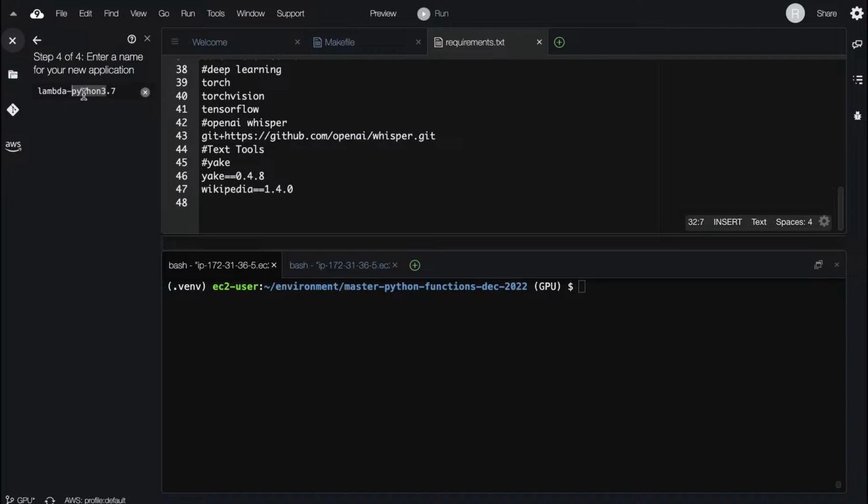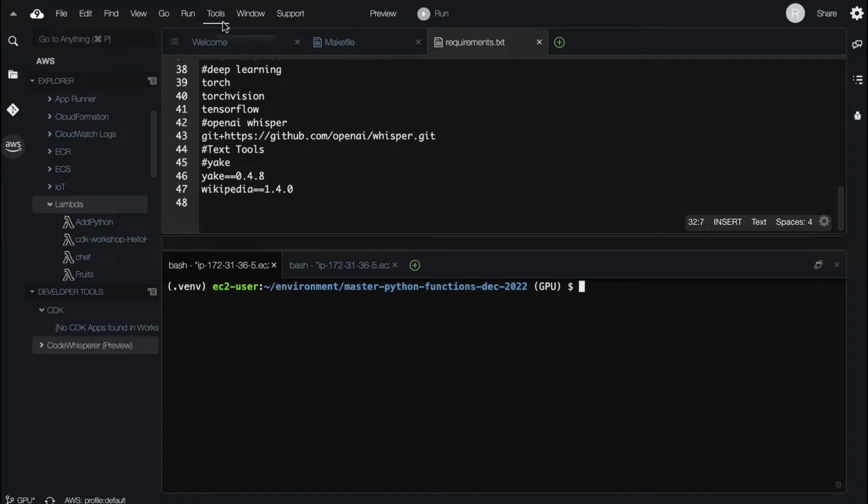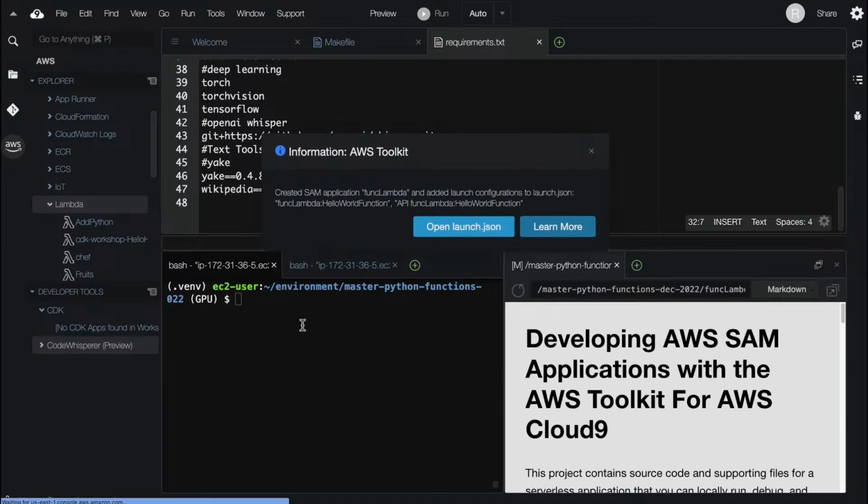So we can just say Lambda. Let's just call this functions or func Lambda. How about that? Func Lambda. Let's do that. All right. And so this will now build this out locally here inside of my application.